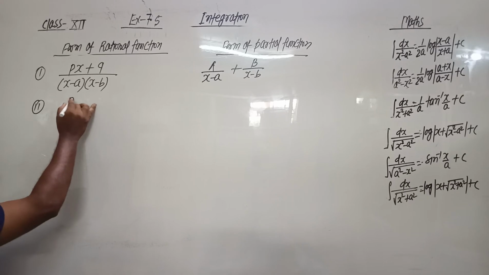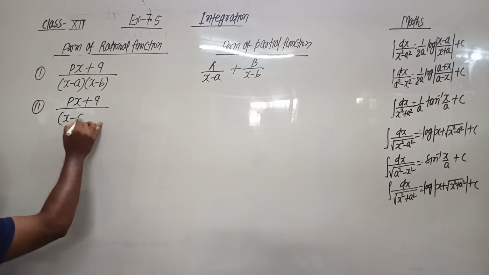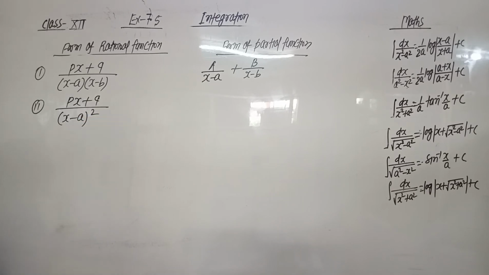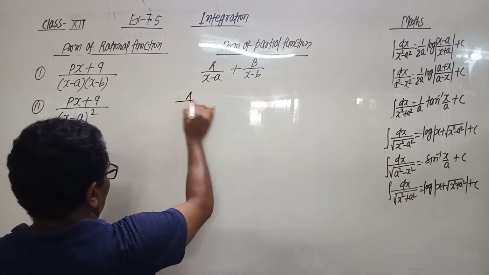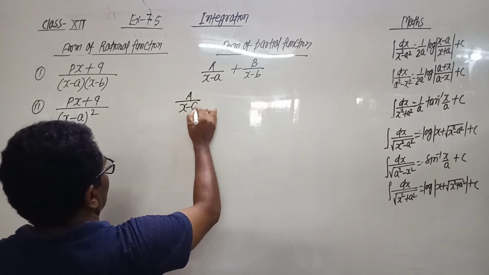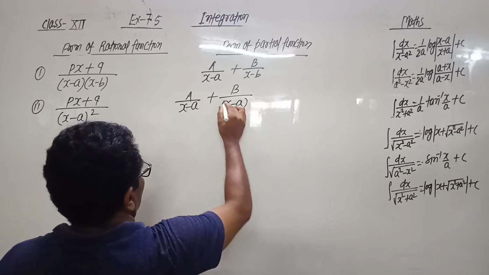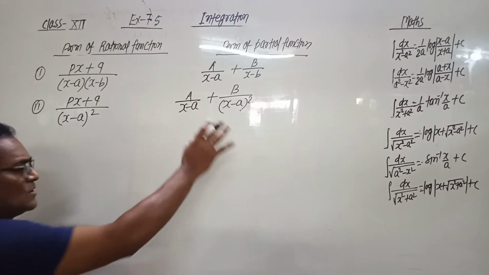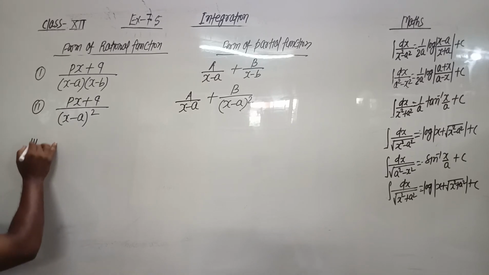if the numerator is a linear function px plus q and the denominator is the quadratic function x minus a the whole square, then in partial fractions this function is converted into A upon x minus a plus B upon x minus a the whole square. Then equating the coefficients, we find the values of A and B, then put them in and integrate. If the numerator is the quadratic function,